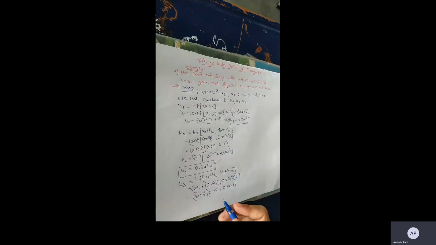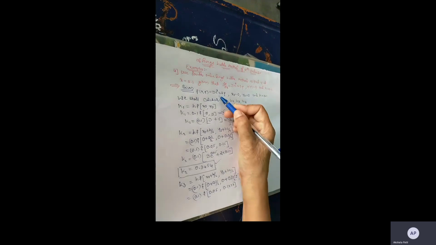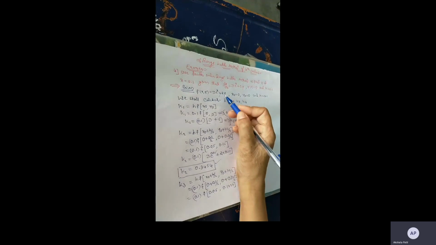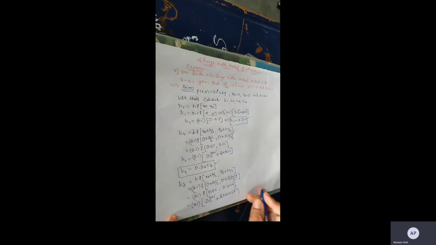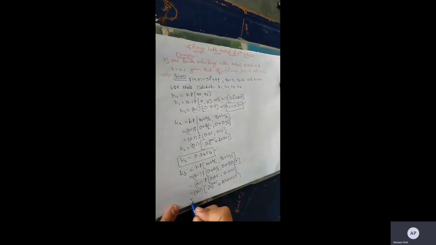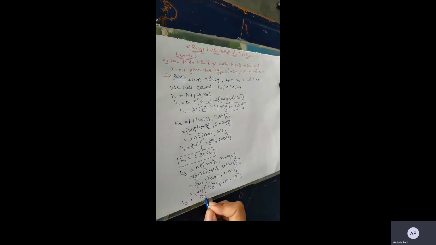It means you will get 0.1727. Okay, now use the new value of x0 and y0 once again in the given differential equation, 3 into e raised to x plus 2y. Okay, so you will get 0.1 into 3 into e raised to x, means x0 value, that is 0.05 plus 2 into y0, means 0.1727. Okay, now simplified, you will get k3, which is equal to 0.3499. Okay, so 0.3499 is the k3 value.